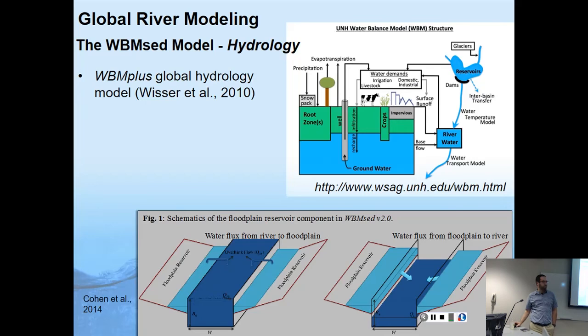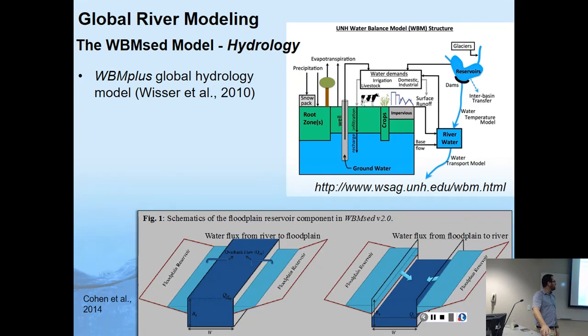So this figure over here, they tried to summarize this. I took that from their old website. There's a group of scientists who were initially at the University of New Hampshire. Most of them then moved to the City College of New York. Charles Vörösmarty, I don't know if anyone has heard of that name, but he was the PI on a